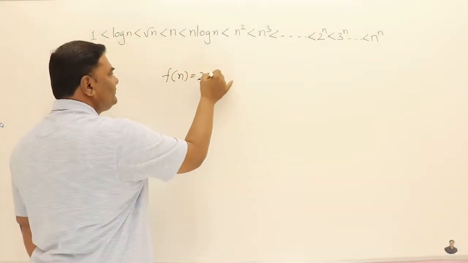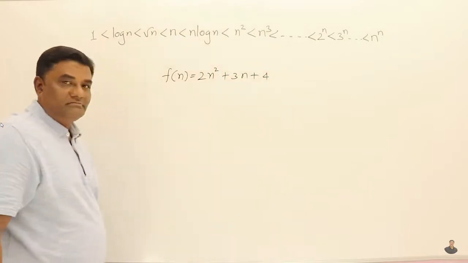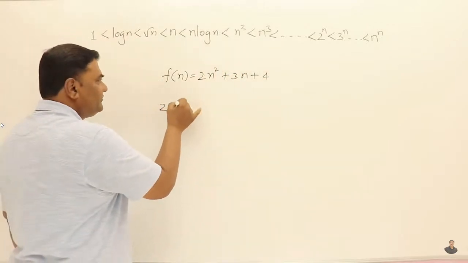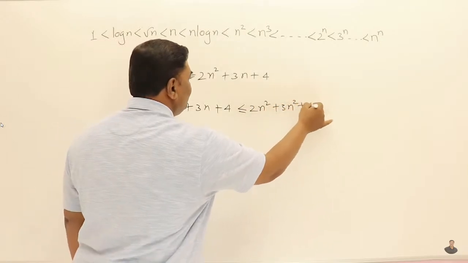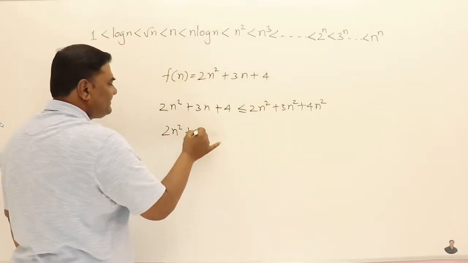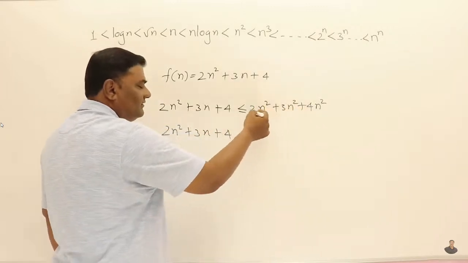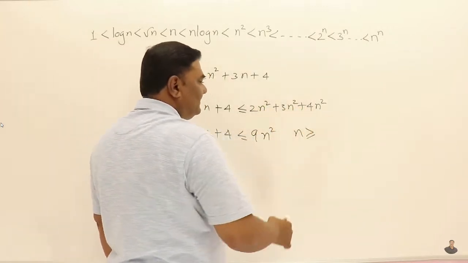F of n, if it is 2n squared plus 3n plus 4. Suppose it's a function. So 2n squared plus 3n plus 4 is less than 2n squared plus 3n squared plus 4n squared. So this 2n squared plus 3n plus 4 is less than or equal to 9n squared, for all n greater than or equal to